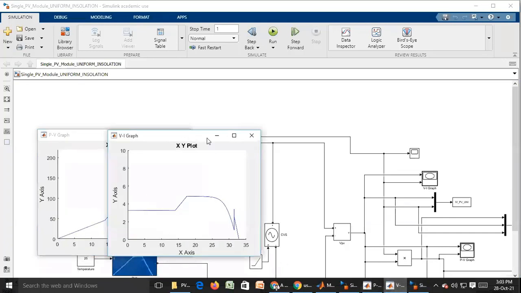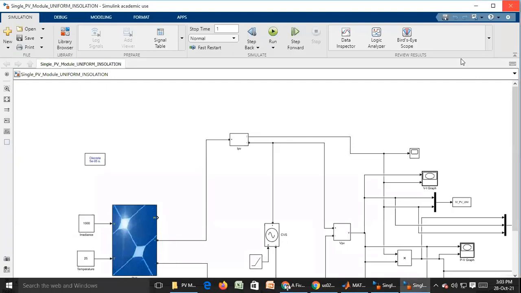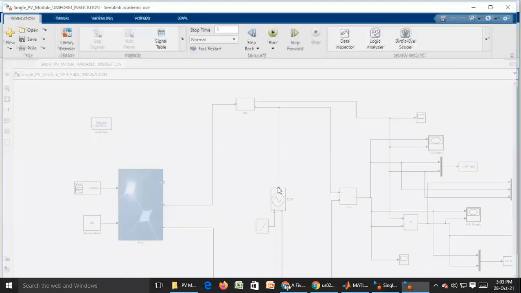Now, you see, when you consider the PV curve, is it uniform? Earlier, no. In the PV curve and IV curve, we have seen that there is one maximum power point. Here, this keeps on changing, increasing, decreasing, increasing, decreasing. So we need to make it uniform irradiance. I'll show you.